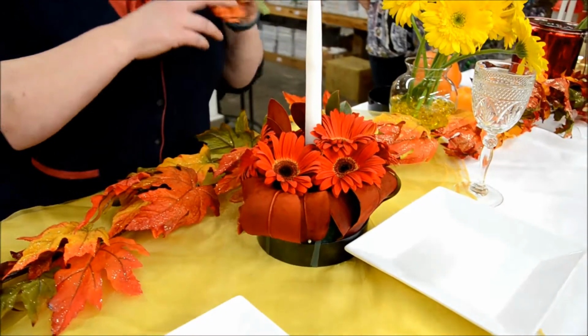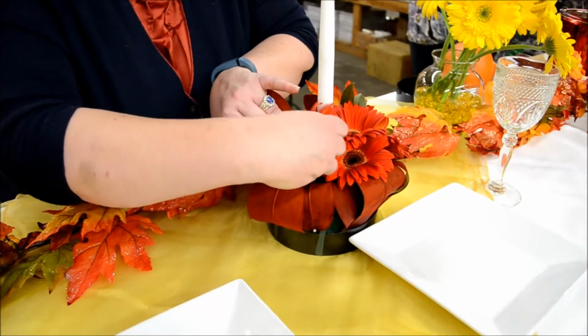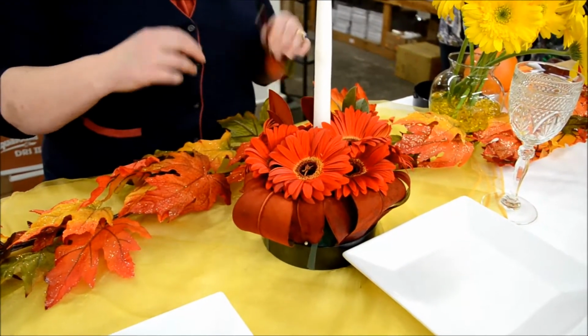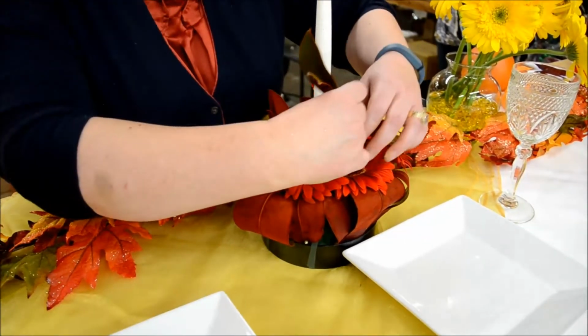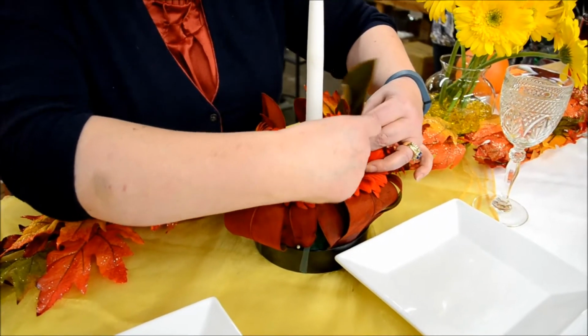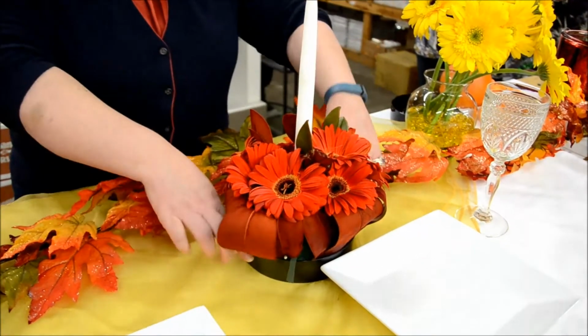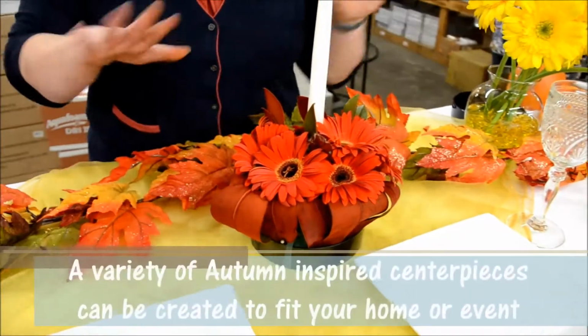Now we're going to place the final flower in. To place flowers in floral foam, you simply take the base and stick it in. I push with my thumb in the center, and we'll add one more little bit of magnolia leaf, little magnolia greenery, into the top. And we have our beautiful sort of hurricane-inspired